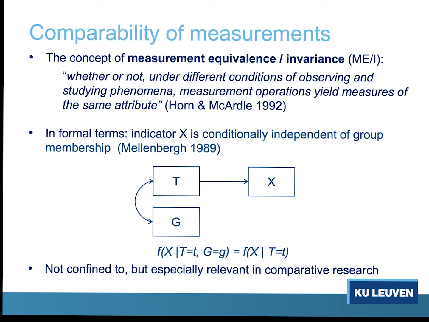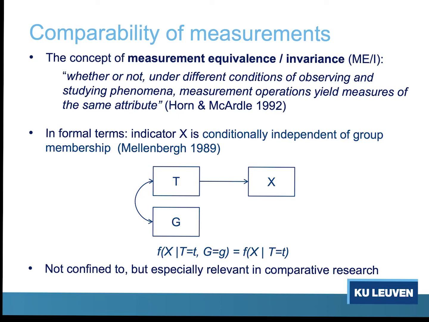And we want that this intelligence is measured invariantly across groups. So different groups in society, whether you belong to a particular group, the measurement operation should not be influenced by this group. It does not necessarily imply that by definition every group that we investigate needs to be as intelligent, that they need to have the same score. No, there can be a relation between T and G, but then the measurement should be independent from the group.